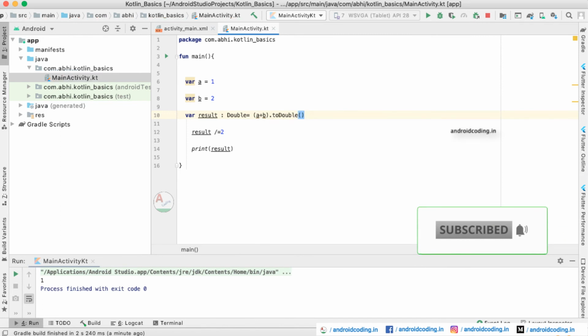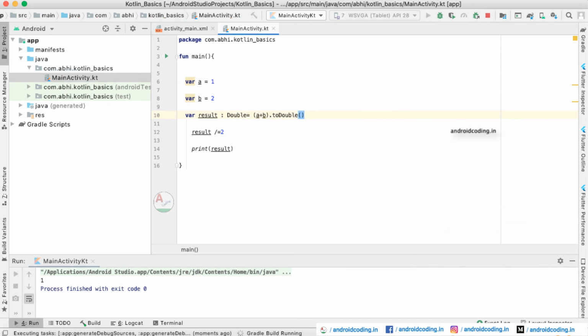This is how we make a type conversion. In this way you can get the value exactly as 1.5. We are adding 1 plus 2, converting that integer to double, and dividing that value by 2. So we get the exact value 1.5. This is for the arithmetic operators, and these are all basic examples.